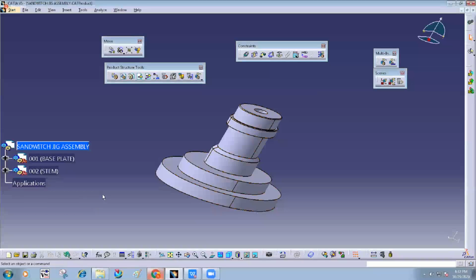Answer is no. Generally, fasteners are not designed using top-down approach because fasteners are standard parts. The parts which are not standard, you have to design in the assembly itself. In that situation only we have to use the top-down assembly approach. But lots of mechanical components such as fasteners, pulleys, washers, V-belts, screws, all are standard ones. In that situation, simply call and place. That is bottom up.